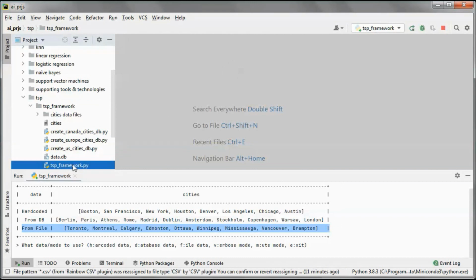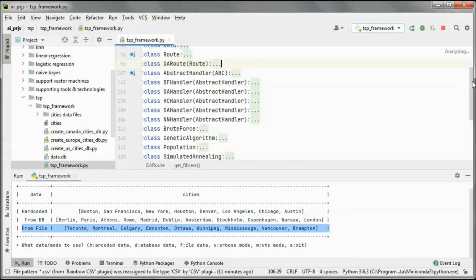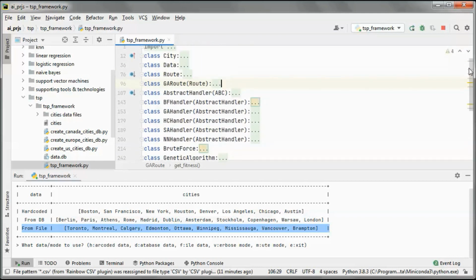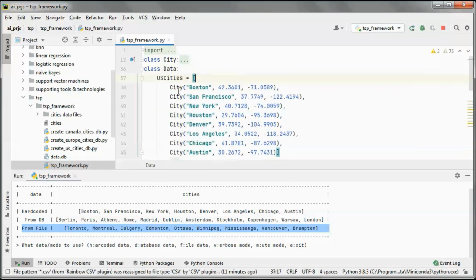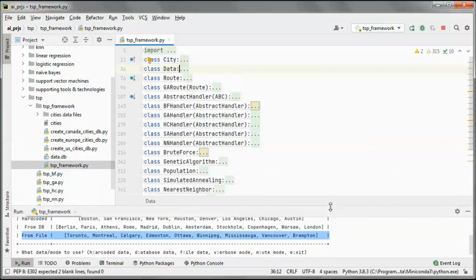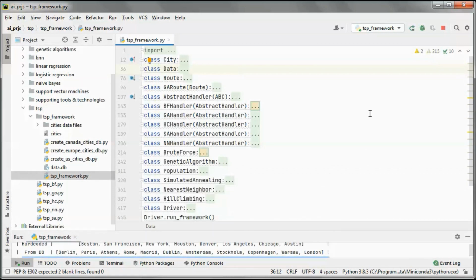And each city is identified by its latitude and longitude coordinates. And we are using the Haversine formula in order to calculate distances between cities.